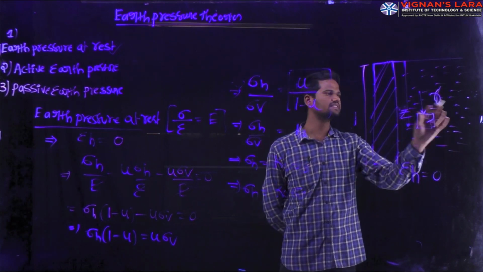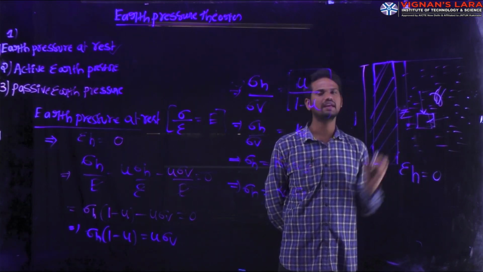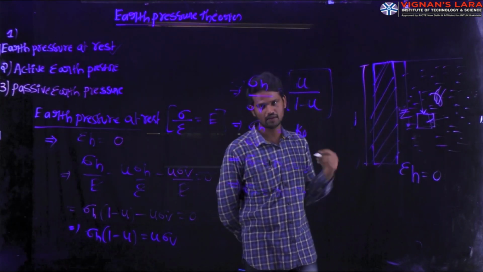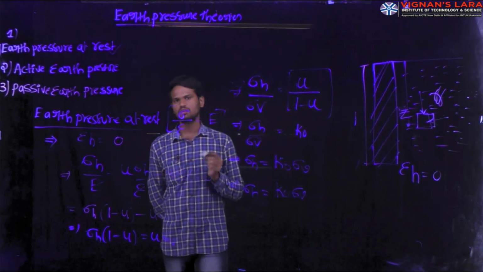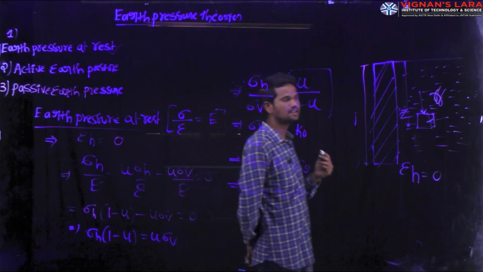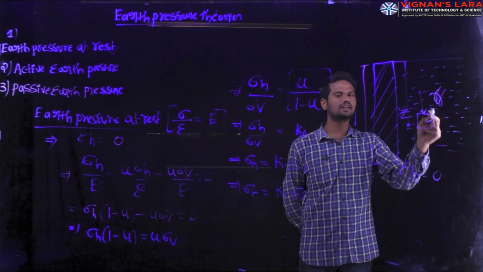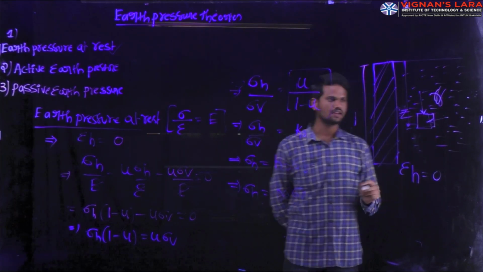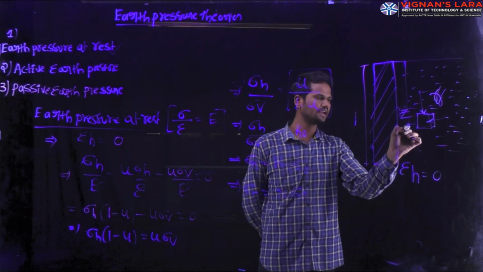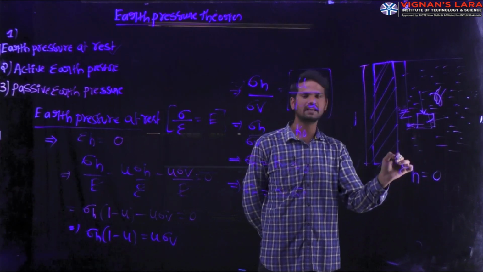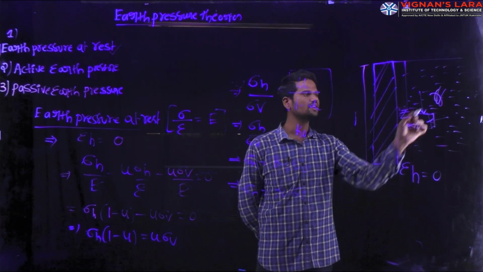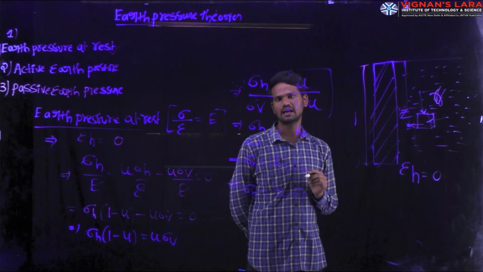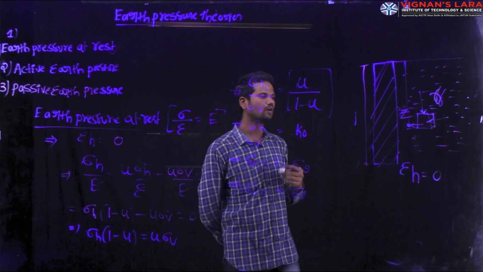Again, if you consider the soil here, I am taking gamma as the unit weight of the soil. That soil may be in dry, bulk, saturated or submerged condition. Based on the condition given, we have to consider that unit weight. As I already explained, the vertical pressure on the soil is the unit weight of the soil mass times the depth at which the pressure is created. That depth we have to substitute.